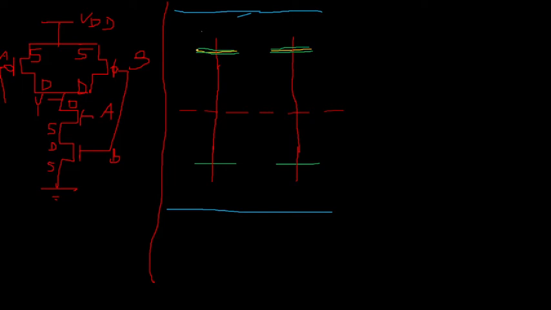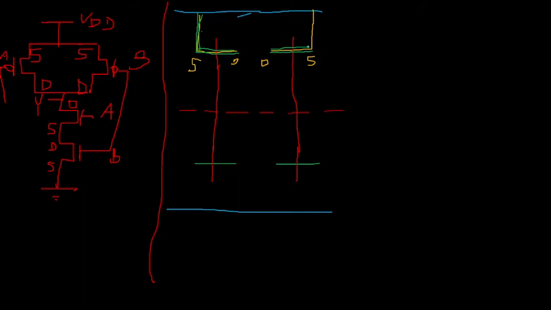So that means both the sources are connected to VDD. I have taken this as my source, this as drain, this as drain, and this side as source. You can mark this with any color, it is up to you. Both the sources are connected together, and both are connected to VDD. So here we have shown both the sources connected to VDD, and of course we will outline them with green color.